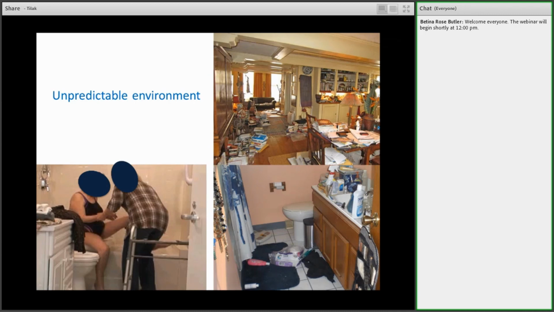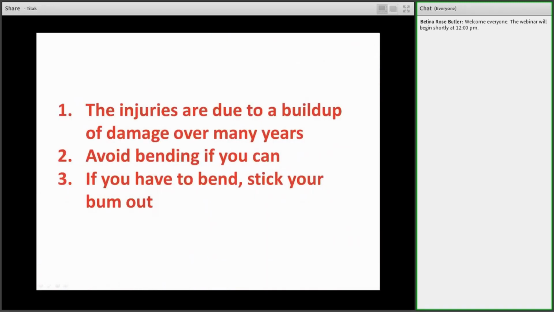We don't see changes in behavior typically. We don't see a drop in injury rates. And I think a big piece of that might be that we're not doing the training in the real world. And so we have one of the apps that we're going to talk about, PostureCoach, allows us to provide some of this training in the